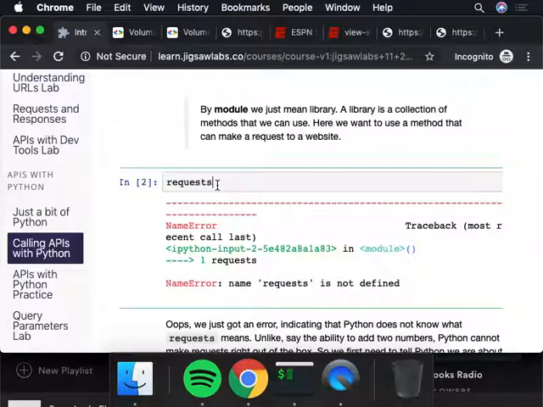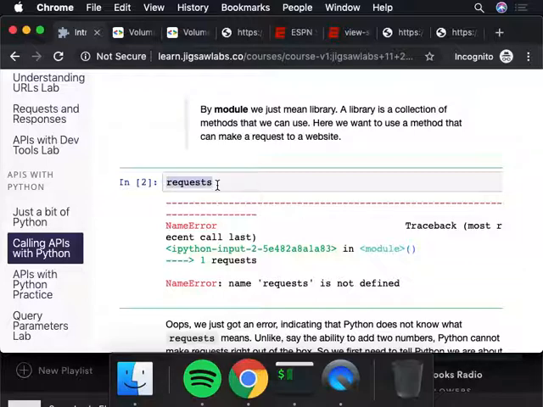How do you change somebody else's website? It's whenever you fill out a form. If you create a new user, you're changing their database. They're now storing information about you. If you're getting a list of users, you're not changing anything on their website. You're just asking questions. So whenever you get information, that's called a GET request. This is all written down. Whenever you change information, that's called a POST request. So a POST request is whenever you fill out a form and press submit and create a new user.